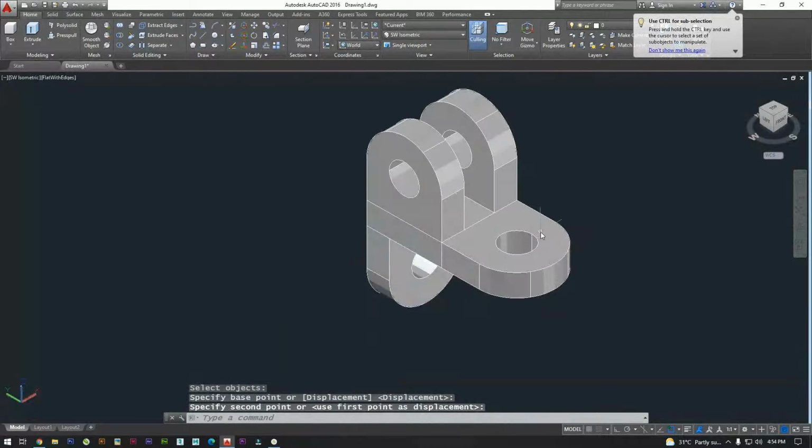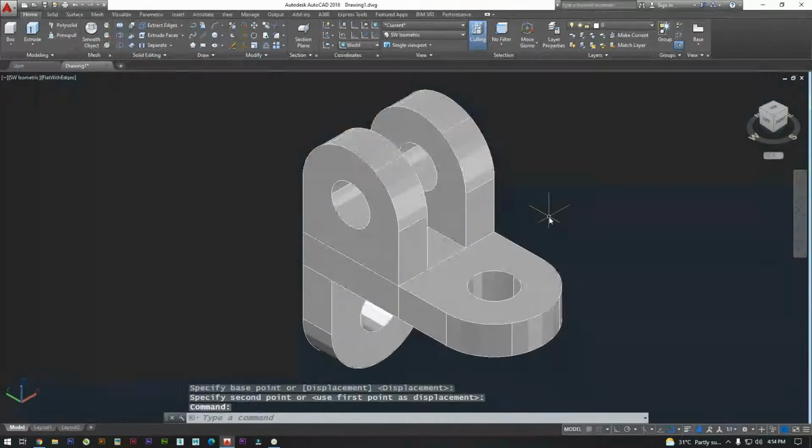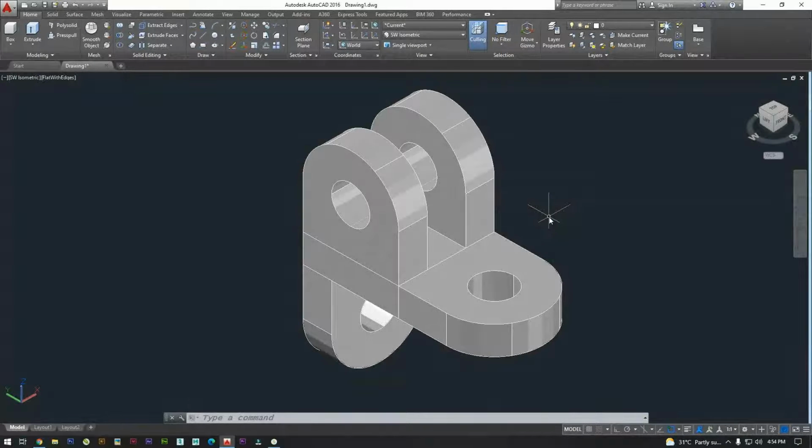How to combine this complete drawing? So union. Yes, right. Union.